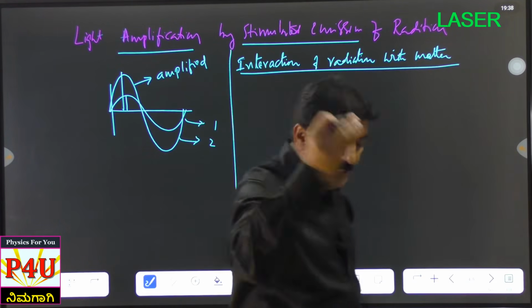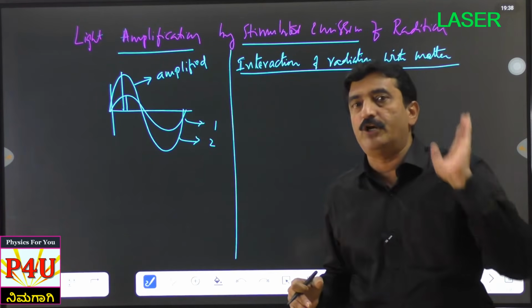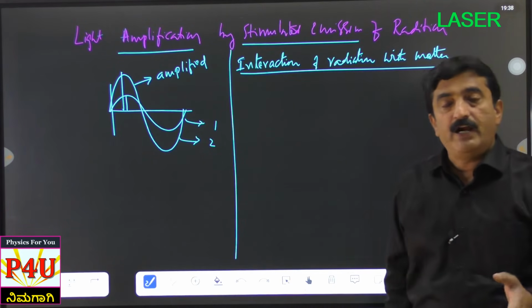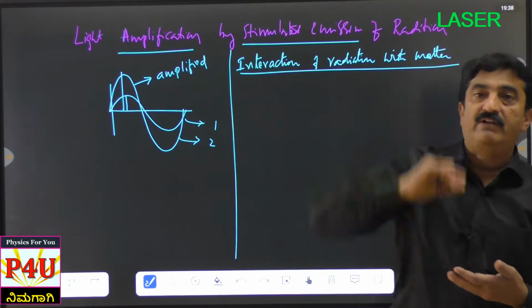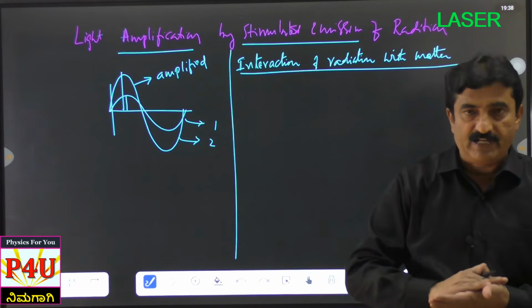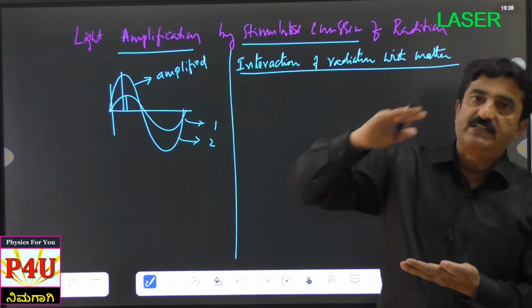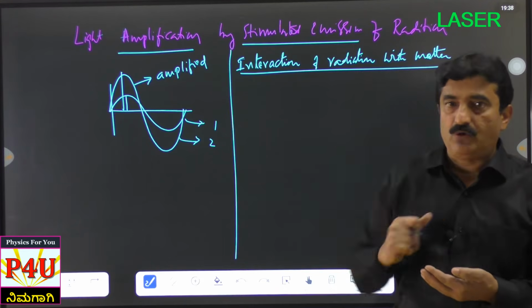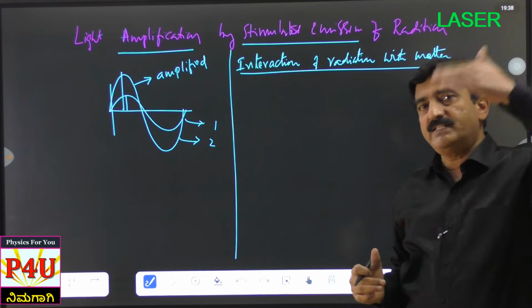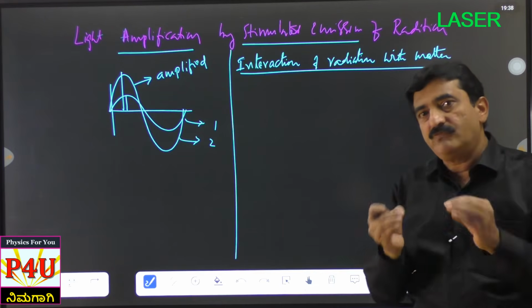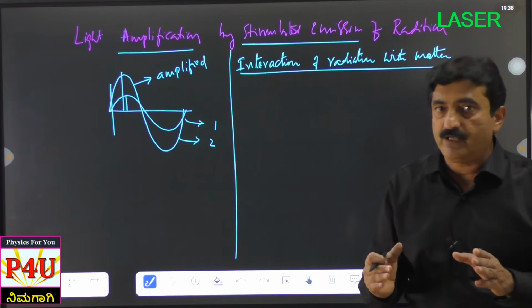Okay, let us consider hydrogen only. Very simple, which is familiar to you. In PUC you studied that in hydrogen we have what are called energy levels. Ground state is minus 13.6, next first excited, second excited, third excited, like that. So in hydrogen we have various energy levels. Normally atoms will be in the ground state. To begin with, they will be in the ground state.